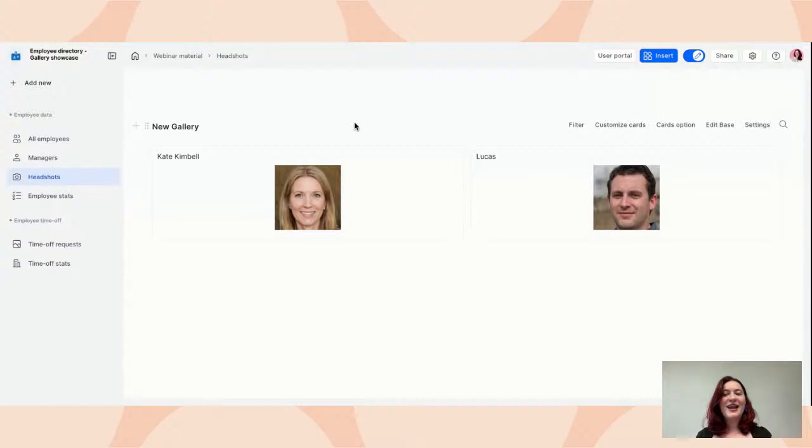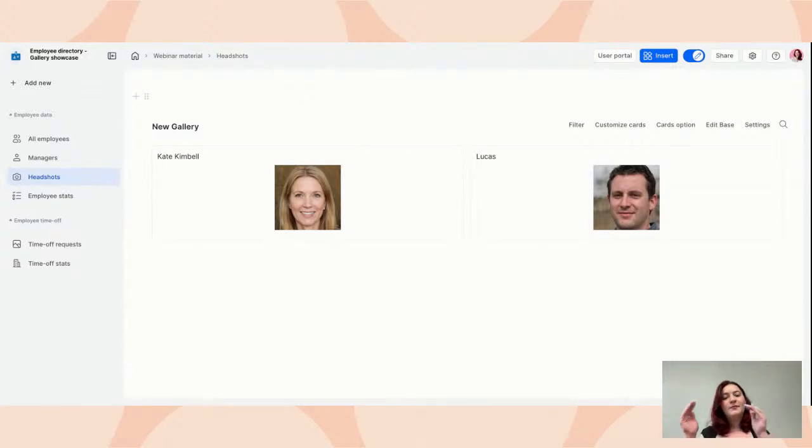That is super important. Let me share my example and I will tell you what I'm talking about. It's the gallery view. The example I have right here is mostly useful for HR teams. For example, you have your employee directory and you want headshots of your employees. This is how gallery can make it happen.